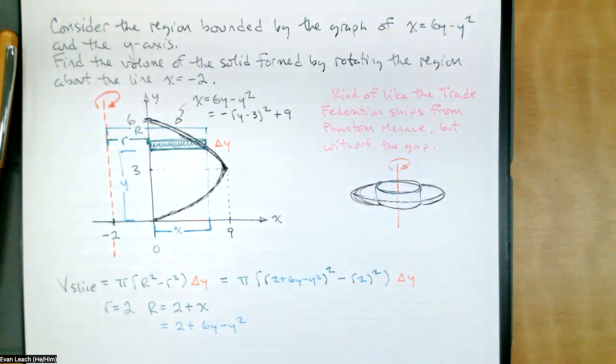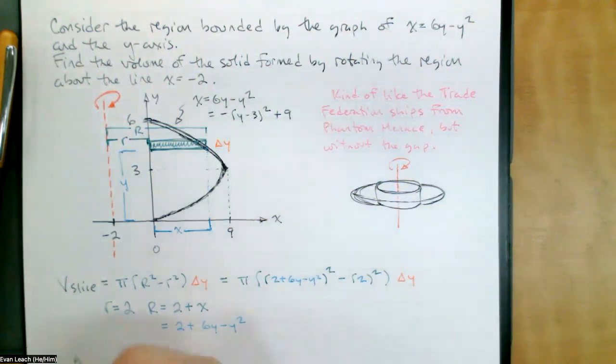Draw your region, decide on your slicing strategy, label the variables, label the things that you need for your volume, and write the things that you need for your volume in terms of the variables and the delta variable. At this point, we've done the analytic geometry part. Now it's time to do the calculus part